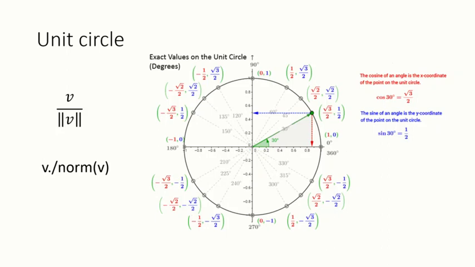So if you plug those numbers in to calculate the norm for those vectors or data points, they all have norm equal to 1. If you have a vector that is not on this unit circle, it's outside here somewhere. What you can do is